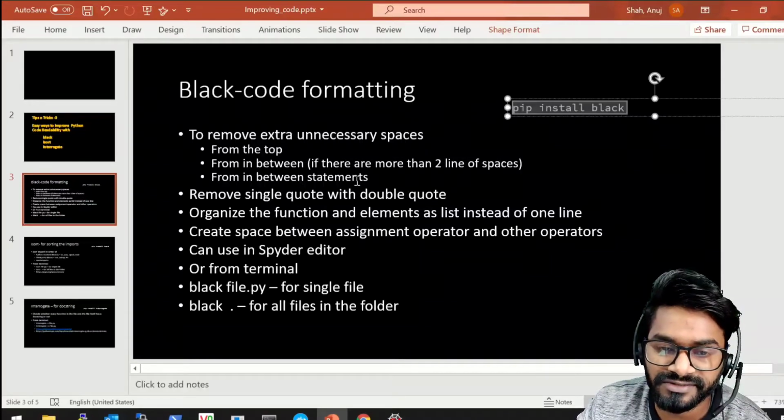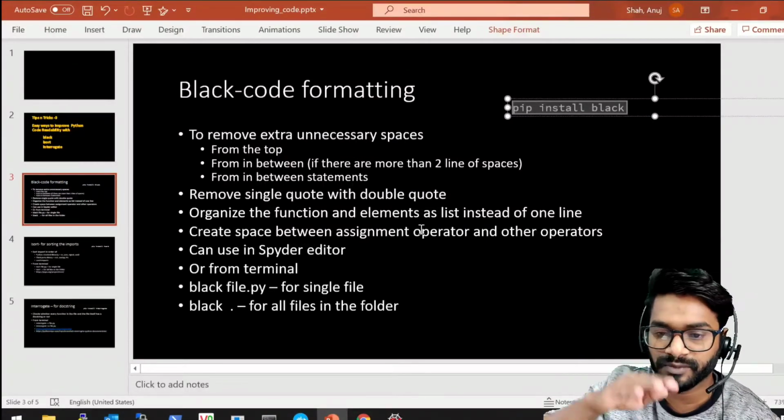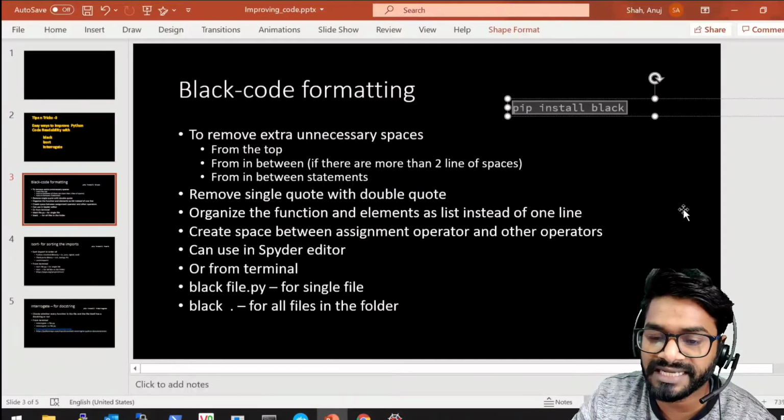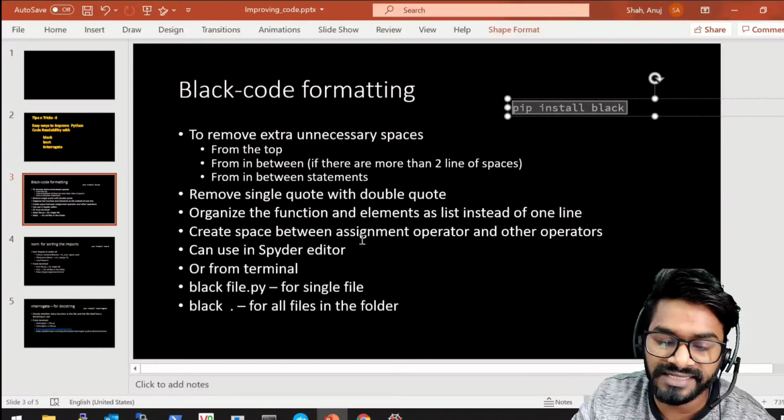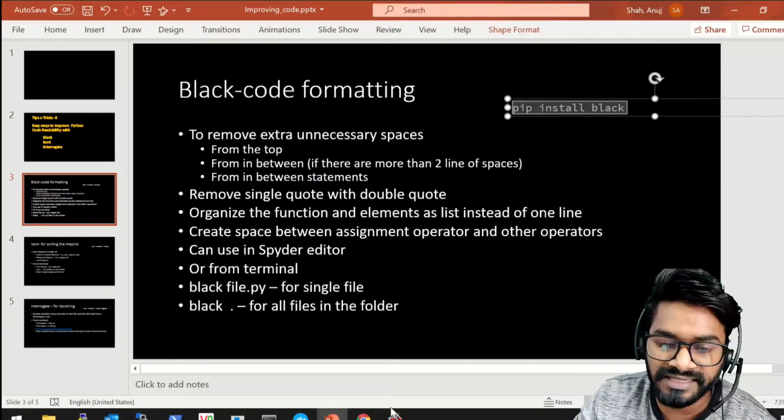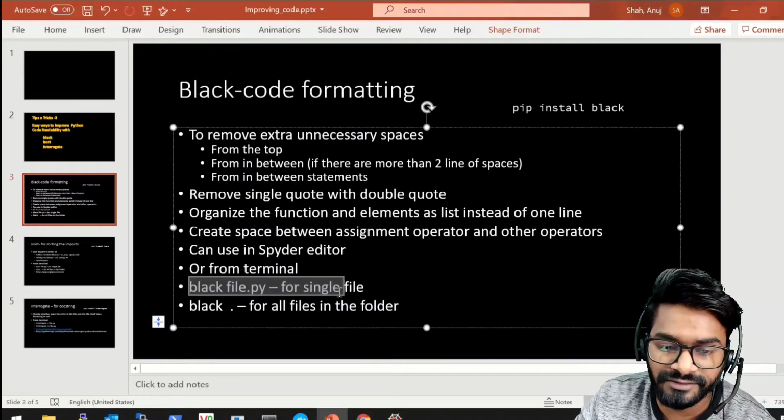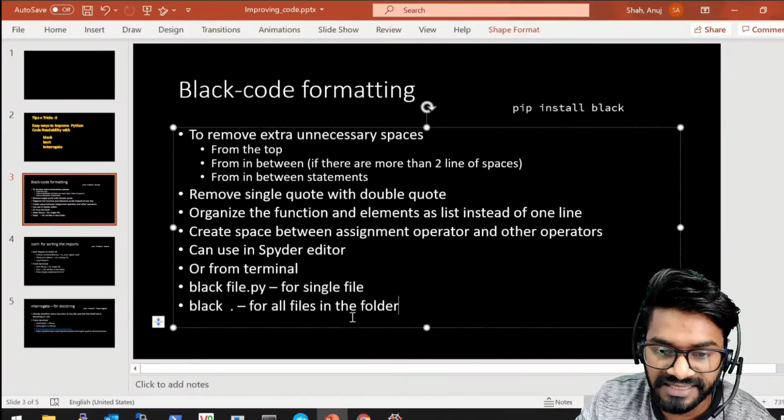It can remove extra, unnecessary spaces. It will keep your quotation standard by replacing all single quotes with double ones. It will organize the functions and elements one by one, as we saw, instead of one line if it's long. And it will create space around the assignment operator and other operators. We can also use it directly in the Spyder editor, which I'll show you later. To call it on a single file, it's black file.py. And if you want to do it for all the files in a folder,